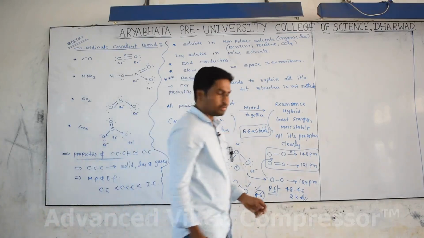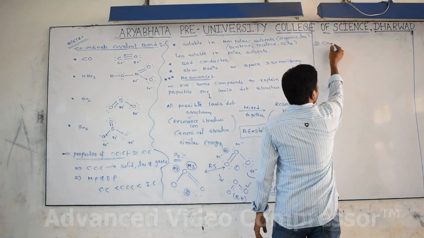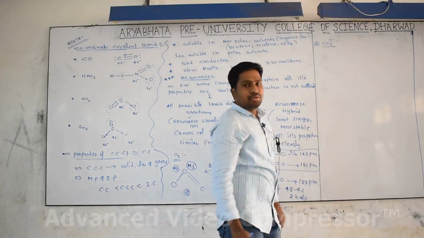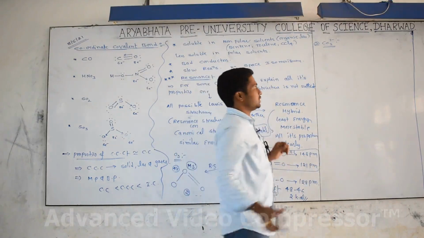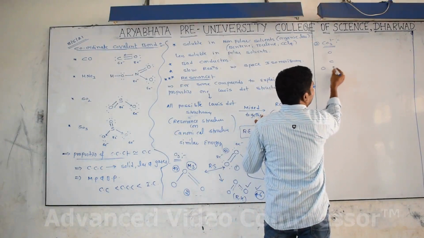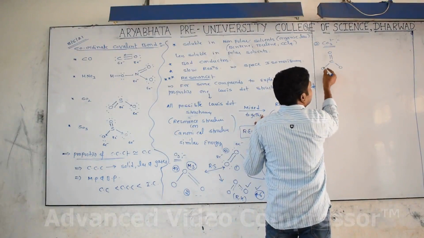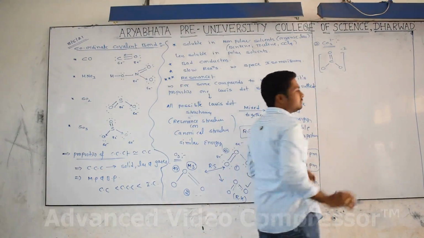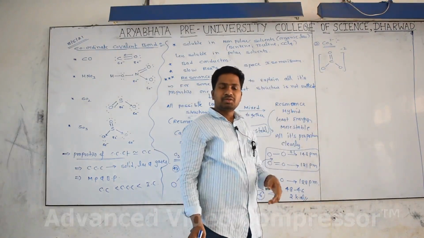Just I will tell you one more thing, an example for this, the second one: CO3 2 minus, the carbonate ion. If you imagine one Lewis dot structure, it does not explain all the properties. Already you know the Lewis dot structure: C double bond O like this, here a double bond, here a single bond, here a single bond. After that the whole species gets a -2 charge. If you take just one structure like this, it is unable to explain all the properties of the carbonate ion.